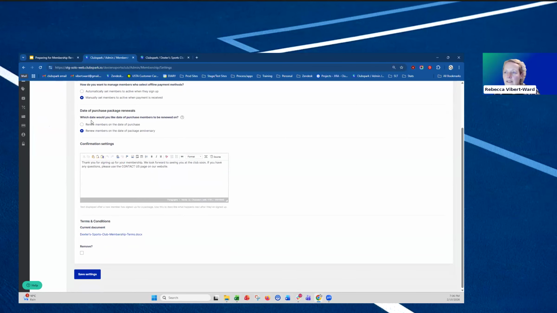The next option is this date purchase package renewals. So if you're using the date purchase packages, you can have a decision. So when someone comes in to renew, you have a choice. You can either say that they renew on the day that they pay. So say their membership ran out on the